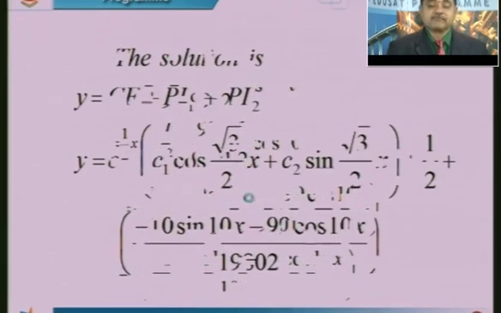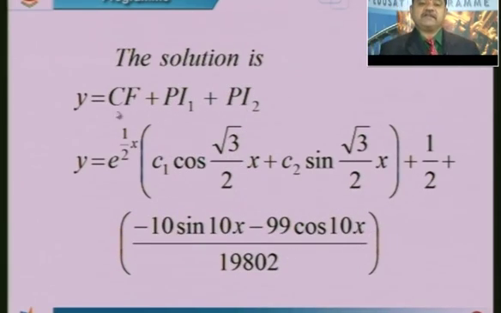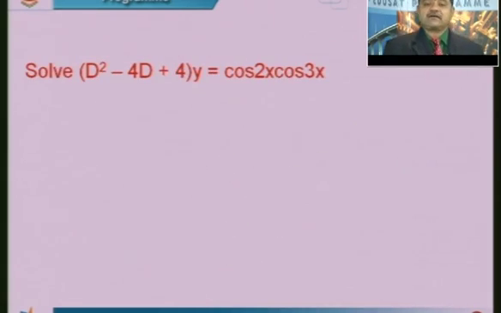So what is my solution? Therefore the solution is CF plus PI1 plus PI2. You know this is the CF we have written for the complex roots. This is the PI1 we got. This is the PI2 I got. Therefore, all together, adding, it gives me the solution of the given differential equation. So, this is an example with the power. Same way you can do it for any problem on sine squared, sine cube, cos cube. I have given the formulas. Then an example on transformation results I would like to show you.